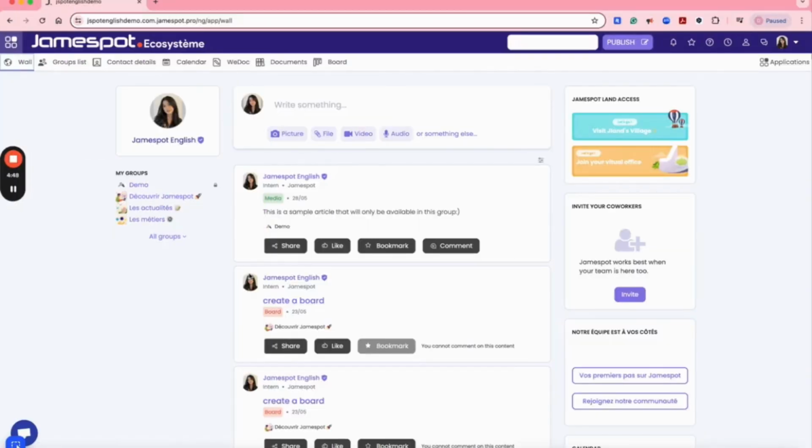Today we will be covering how to create a group. Before we get into the tutorial, we should cover what a group actually is and how they work on your JamesSpot platform. Groups are the basis of your platform. Everyone on your platform is associated with a group. All posts made, all pages created, etc. have to belong to a group to be accessible.